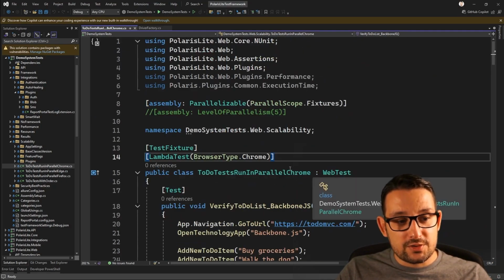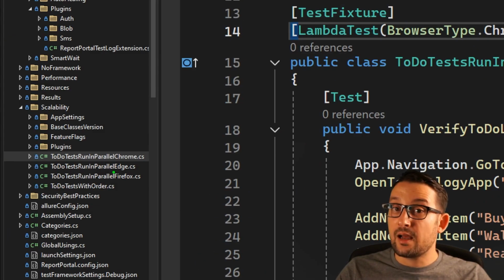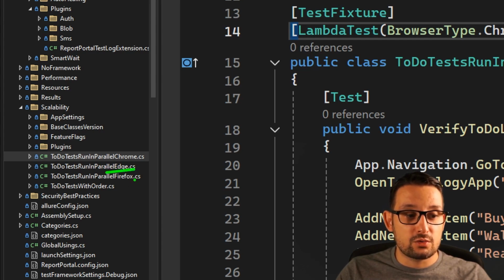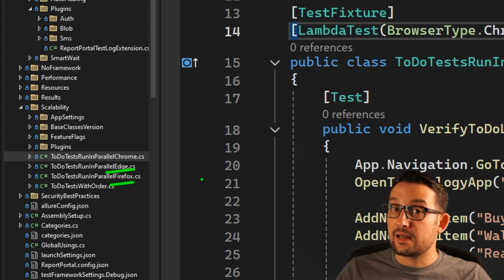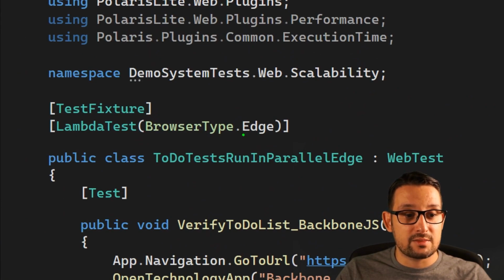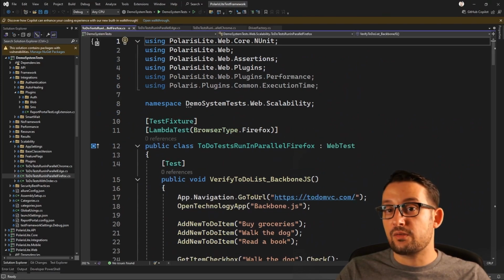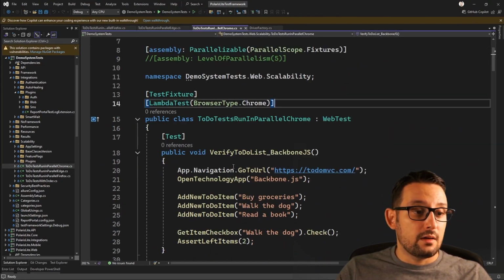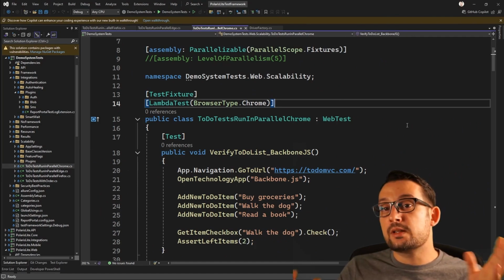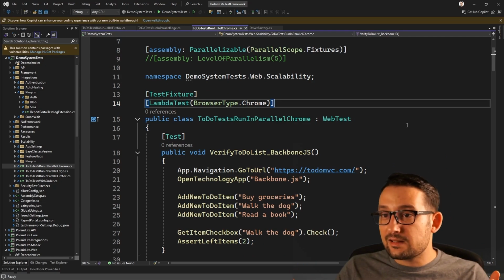All of those methods will be run on Chrome. I copied absolutely the same class two times, and we're going to just change the Lambda test attribute, and I'm going to mention that I want to execute the same test but on Edge and then on the latest version of Firefox. Since we have three classes, NUnit allows you to specify how you want to run tests in parallel